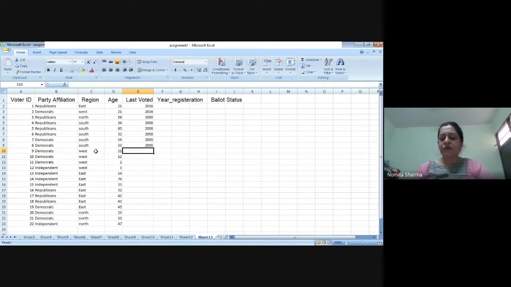Date is not specific, we are only entering the year, so it doesn't really matter what date you are entering. We just want to have the year. So 2008, 2000, 2004, and then you have this as a number.